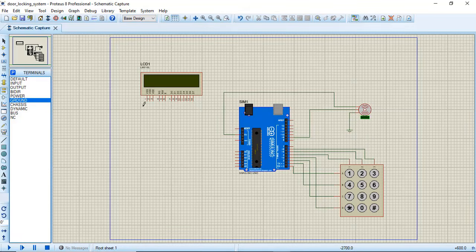Now we need to do these connections. I have limited number of pins, so what I am going to do is use these analog pins for LCD display. So I will connect the D7 to A0. A1.